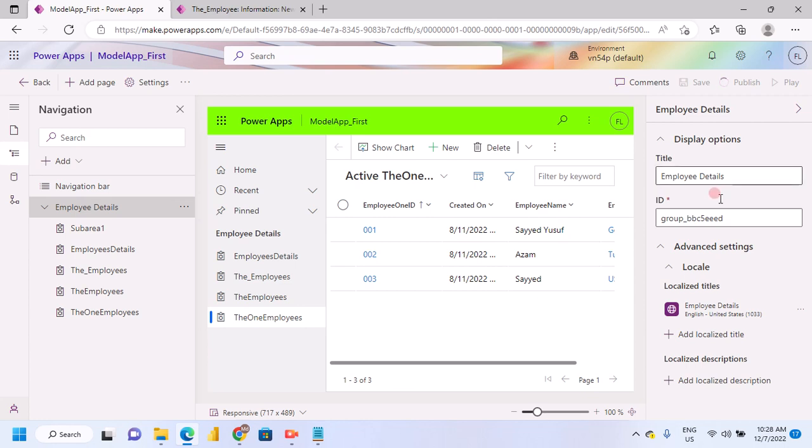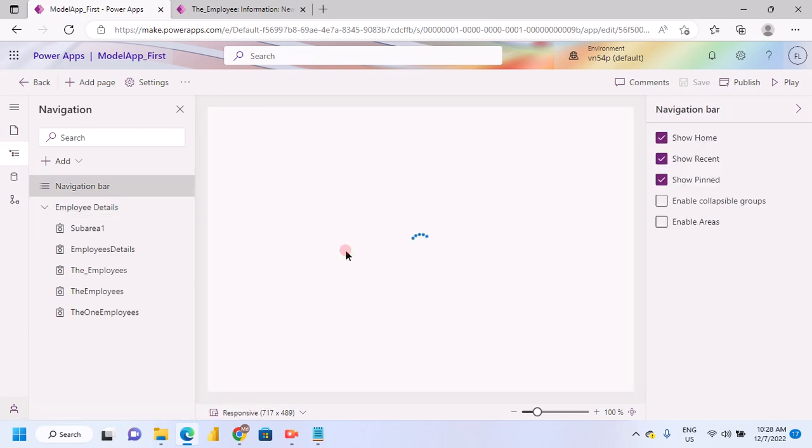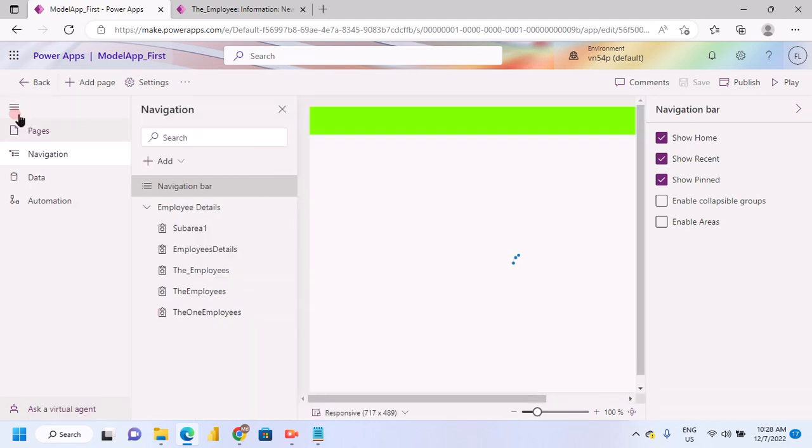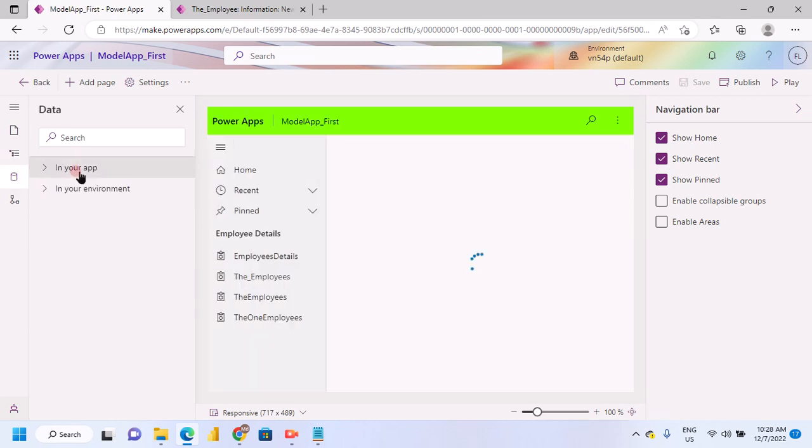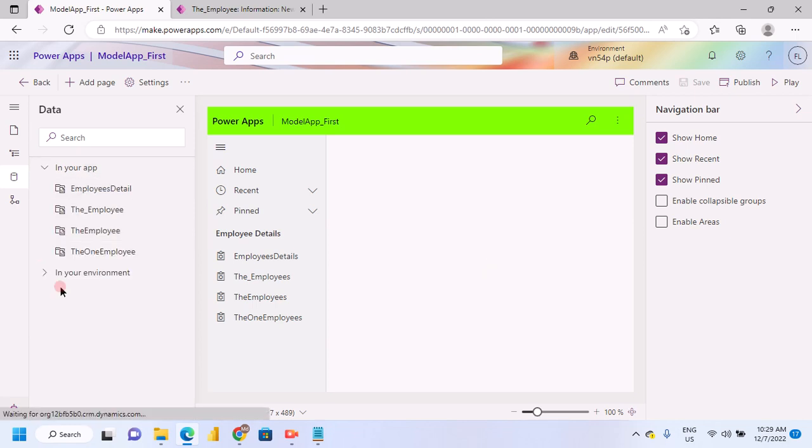So this is our data source. All the data sources will appear in this add user, and this is in your environment. This is our environment data source, internal, and this app's data sources will show on the data, and this one is our business process flow. There is no flow available, so nothing is showing. So here it is completed, and if I refresh,